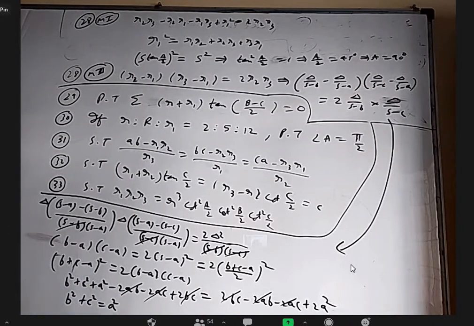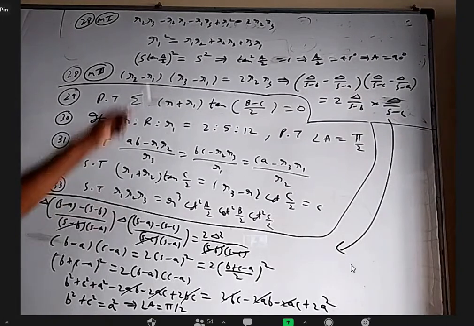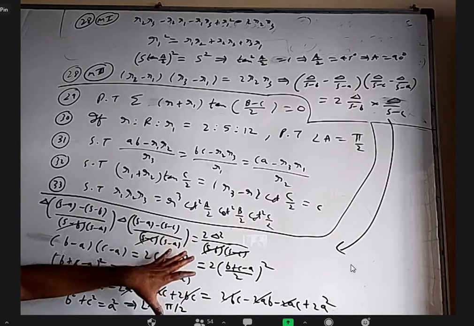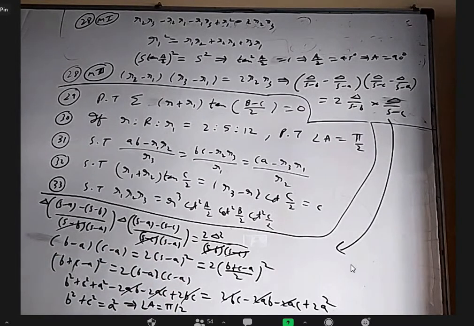Yeah, just have to expand carefully and patiently. And you are getting a Pythagorean triad, which implies angle A equal to pi by 2. Okay, 28. Apart from that, somebody can do like this. This is a solved example in the IP textbook. They have done it like this only, the second method. But you can do either way.